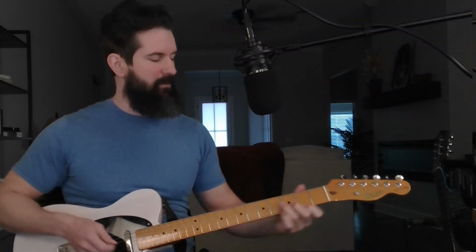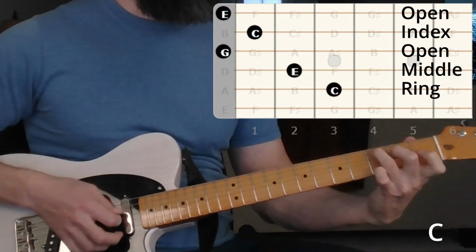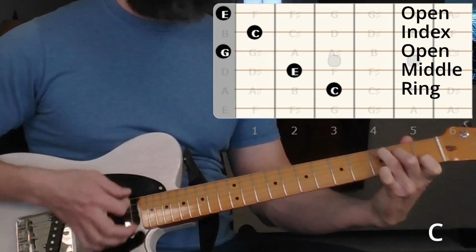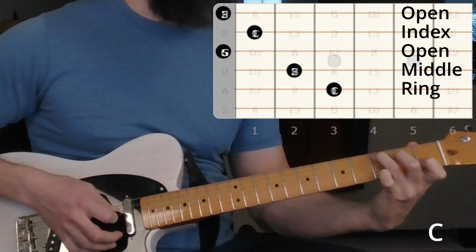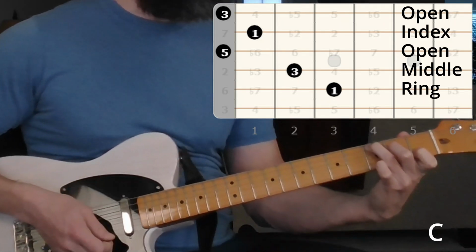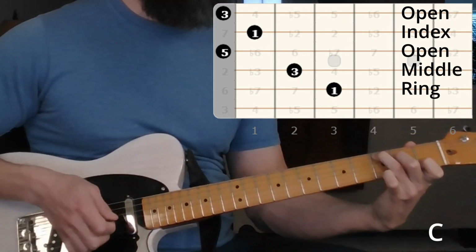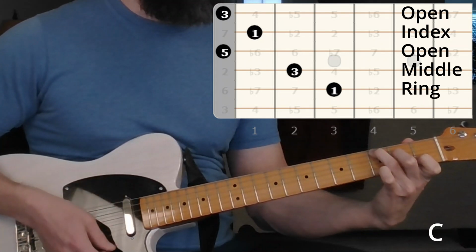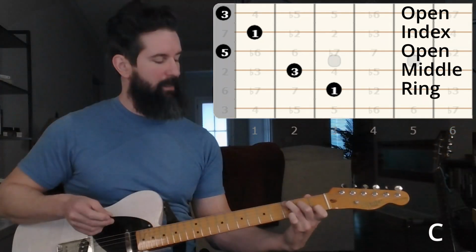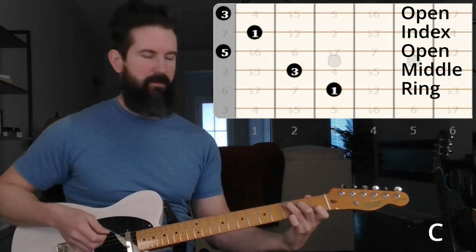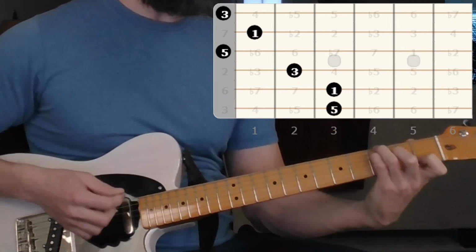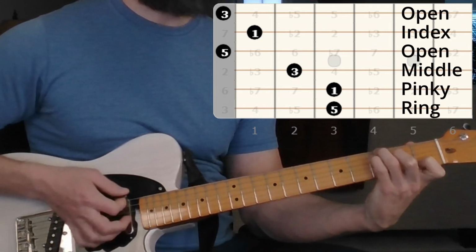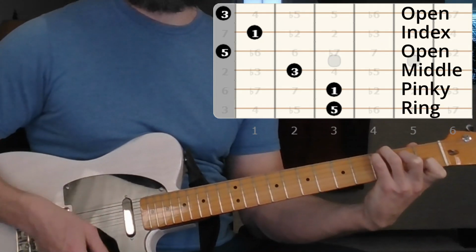Then for C, we've got, that's how you'll typically play your C. So you've got your 1, 3, 5, 1, 3. And I like to throw the 5 of that C chord, which is G, in the bass. It just makes it really warm sounding,